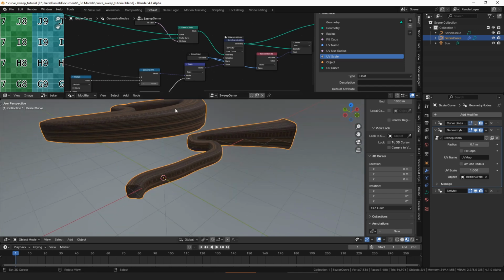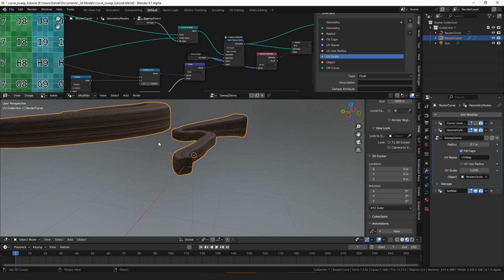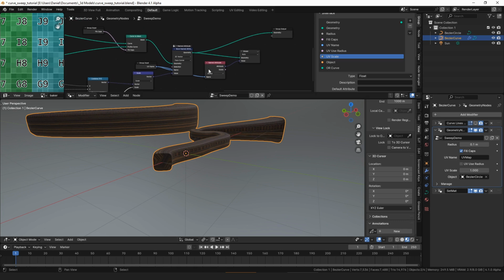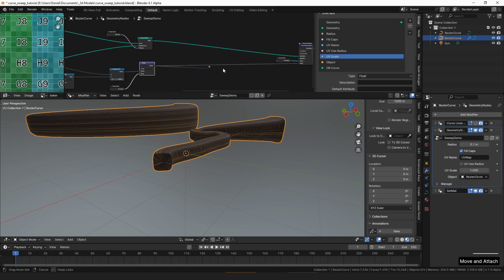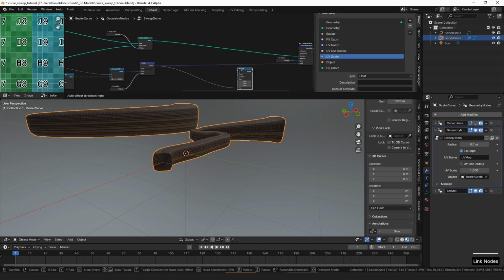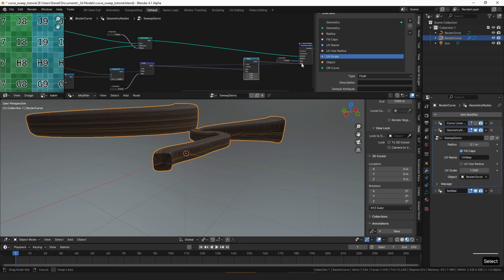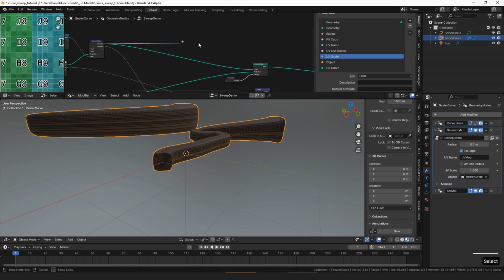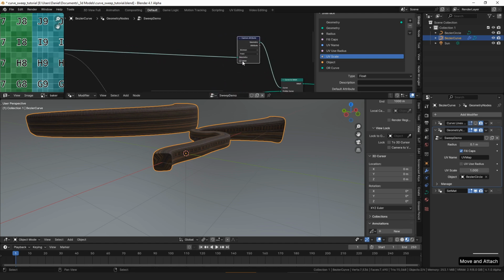We also need to solve the problem of fill caps. So if we turn that on now, you can see it fills the cap, but the texture is messed up. So to fix that, we need to identify where these caps are. So we're going to want to switch between our UV coordinates. We're going to need to capture some attributes on our curve again. So we want to capture a Boolean value. And the value I want to capture is if it's an endpoint selection,